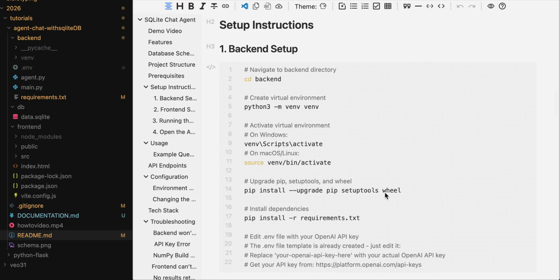Hello my dear friends, in this video, we will see how the backend is working for this